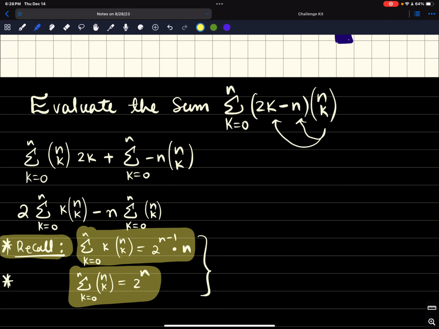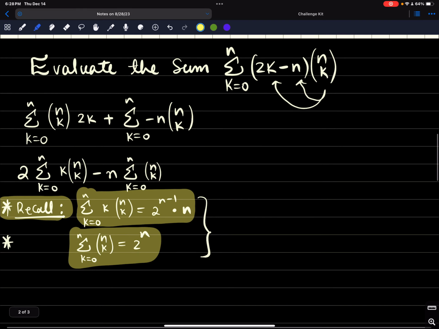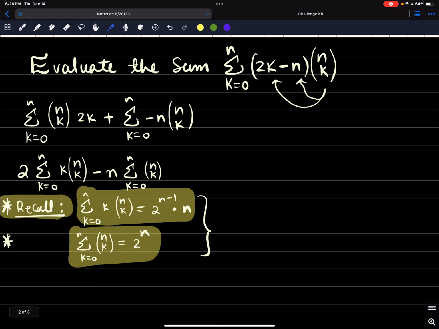Hello everyone, so today we're going to talk about how to solve this question. So let's get into it. We're going to evaluate the sum